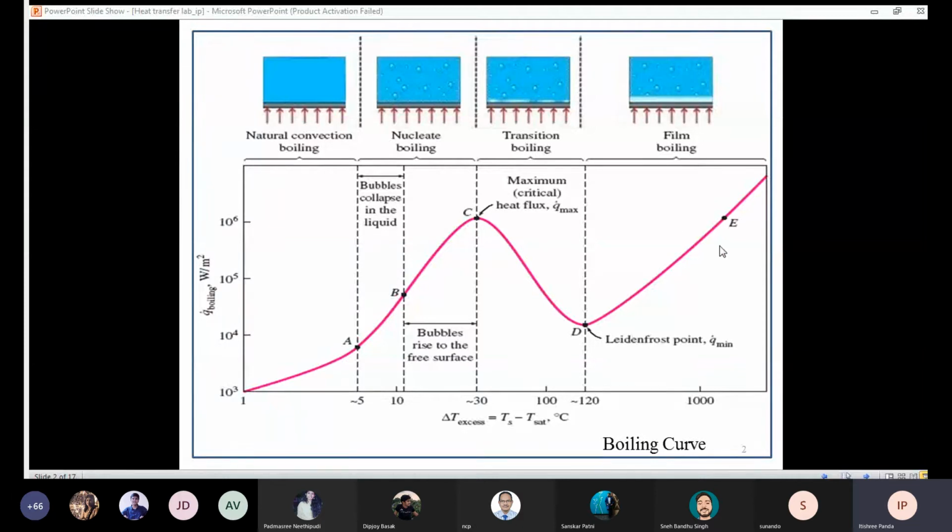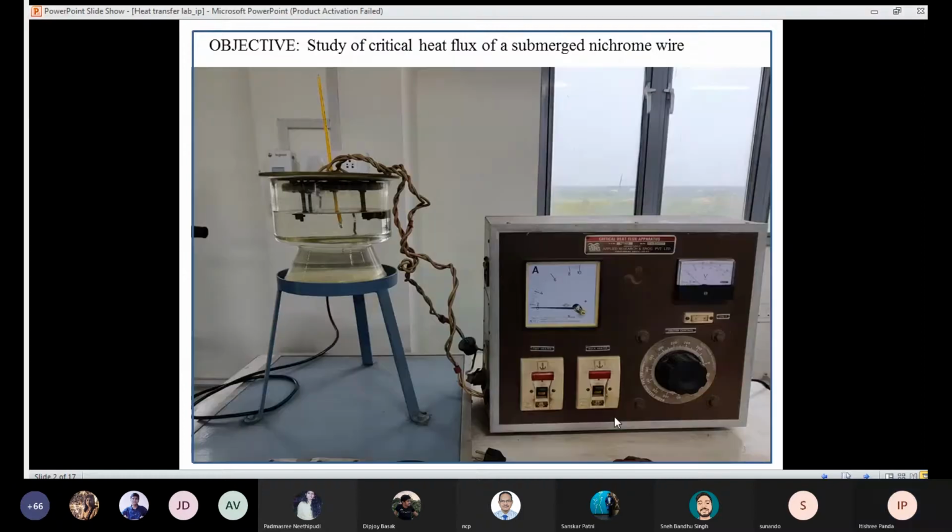So the practical reason for which you are performing this experiment is to know what your delta T is that corresponds to the maximum or critical heat flux, and what is the value of your critical heat flux. And critical heat flux also depends on the value of the base temperature. You will know about that when we see the equipment again, and that depends on the surrounding temperature. So this is more or less the concept behind our boiling, right? So let's see how we use this physics in our equipment.